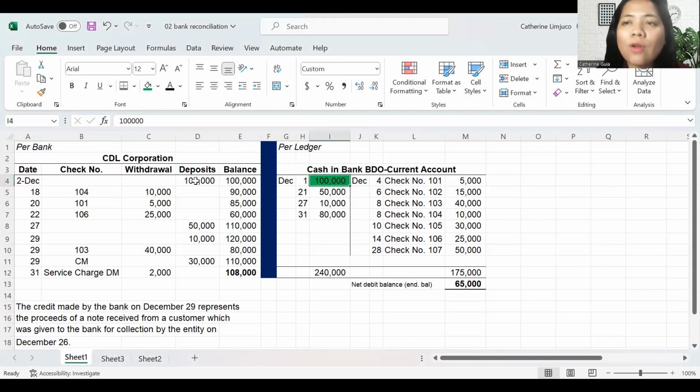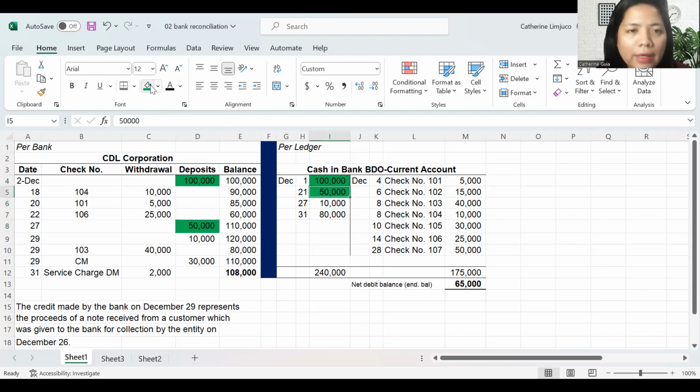So all items or all figures with colors, that means they are not a reconciling item. Okay. Next, we have here 50,000. Is 50,000 reflected in the bank statement? Yes. December 21, it was reflected December 27. So we'll put a color here,